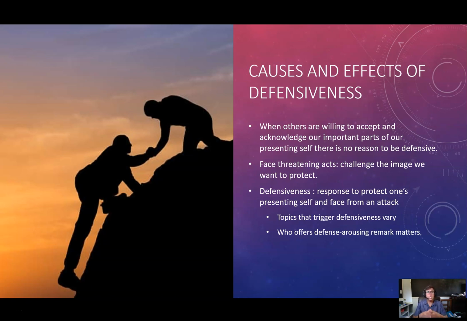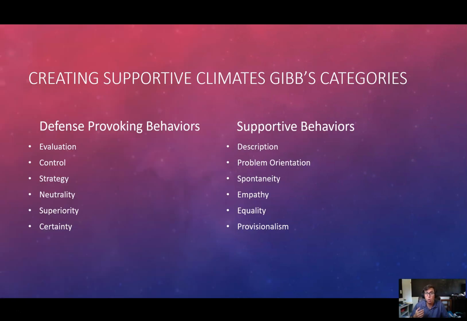So we've talked about the types of messages, from confirming to disconfirming, all through the spectrum. We've talked about the causes and effects. We've talked about climate in total. In the next section, we are now going to be discussing creating supportive climates through Gibb's categories. These are the specific ways that we either disconfirm people through evaluation, control, strategy, neutrality, superiority, and certainty, and then how we give confirming or supportive behaviors through description, problem orientation, spontaneity, empathy,